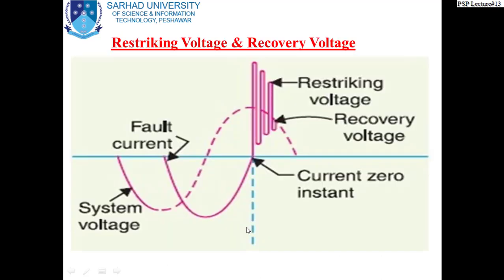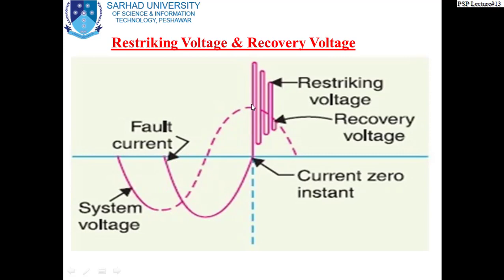Okay. Now see this graph. It is a very important graph, right? First of all, this is your current wave, half cycle. Also the negative of this is shown, but it is half cycle. The system voltage is also shown here, and you see this dotted line is like this. When the current is zero,